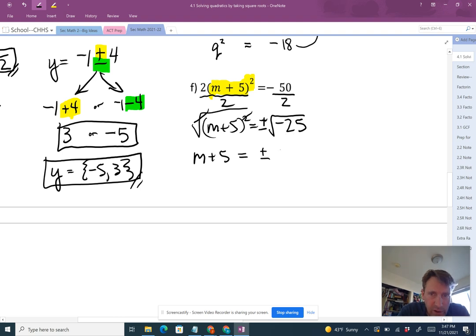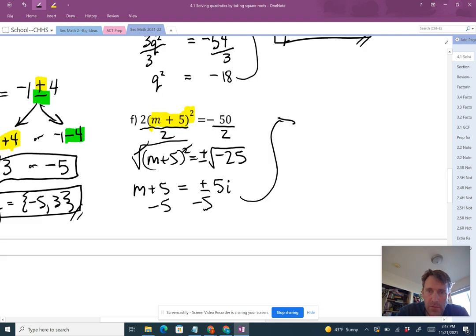The square root of negative 1 is i, so plus or minus 5i. And then we subtract 5 from both sides of the equal sign. And that gives us m is equal to negative 5 plus 5i,